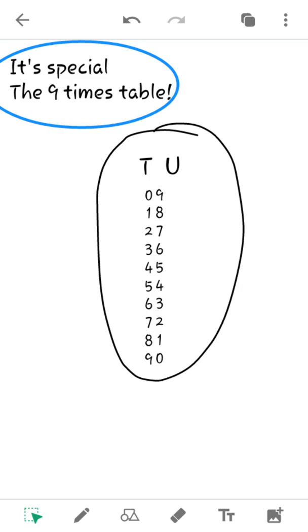So if we add the digit in the unit and 10 place in each number, we always get 9. If you notice, so